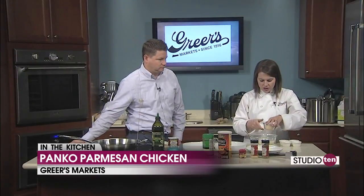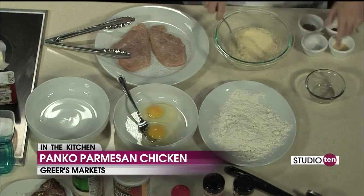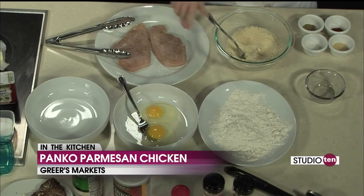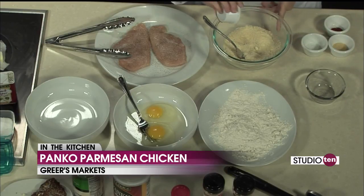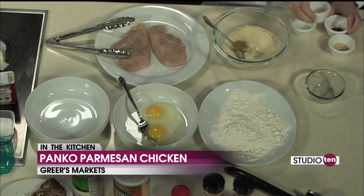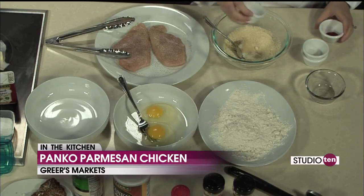So 2/3 cup of that and 1/3 cup of Parmesan cheese, and I just use the regular green top that everybody has. If you wanted to grate your own, go for it. And then I'm going to add 1/2 teaspoon of dried oregano, 1/4 teaspoon of salt, 1/2 teaspoon of garlic powder,